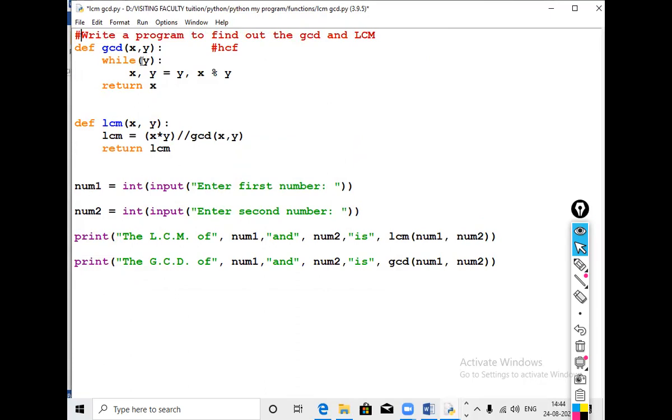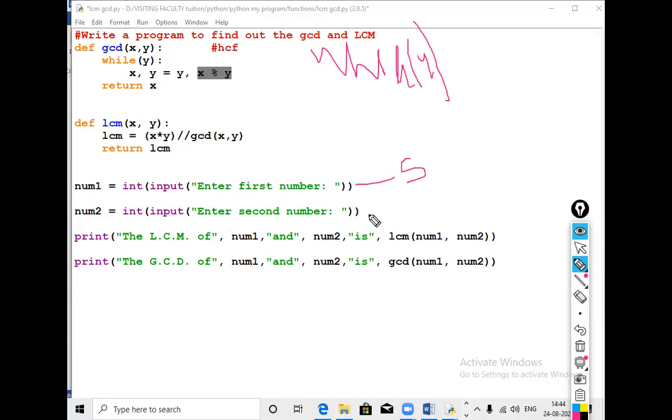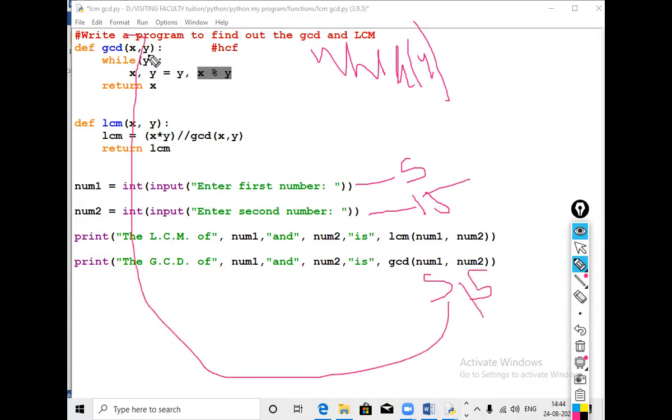अब GCD में दो पैरामीटर पास करें, while y का मतलब है whenever the condition becomes 1, तो x, y equals to y, x mod y, x mod y मतलब जब तक कि वो 0 नहीं आ जाए तो उसकी वैल्यू एक्सचेंज कर रहे हैं। इसको हम इस तरह से समझते हैं, while y का मतलब ये कि वैल्यू ट्रू हो। अब देखते हैं इसको, पहले वाले में हमने दिया 5, दूसरे वाले में हमने दिया 15 और यहाँ पास करा।